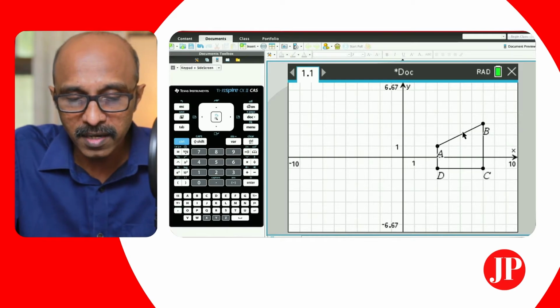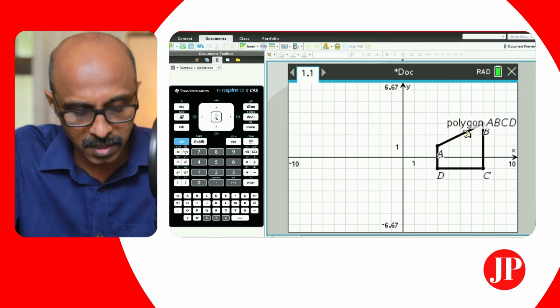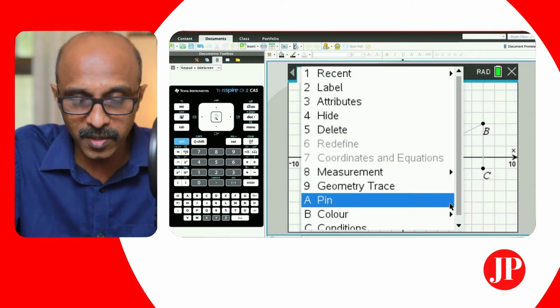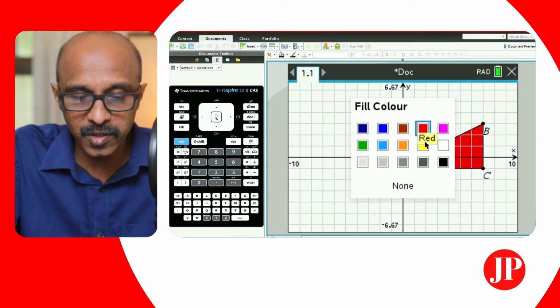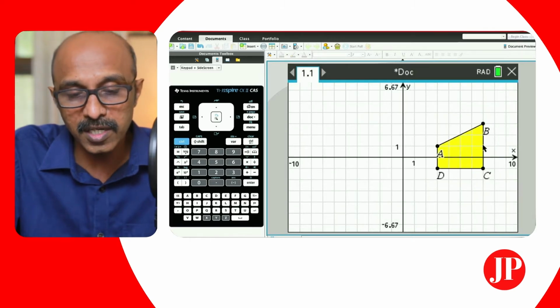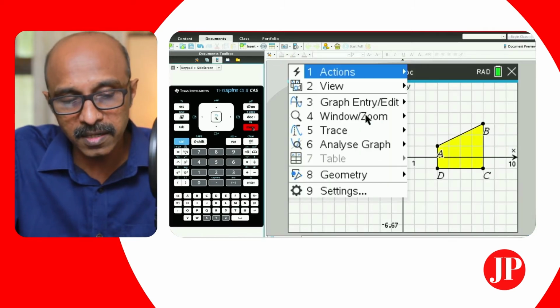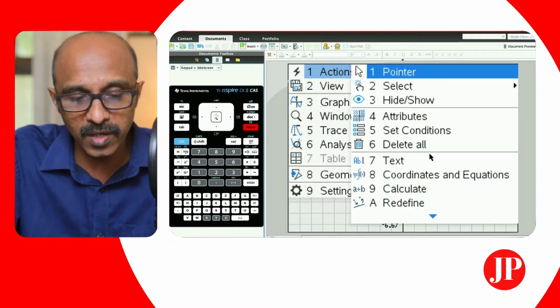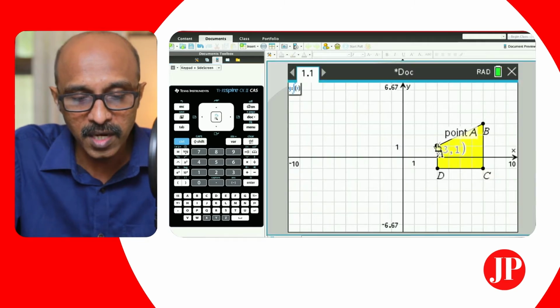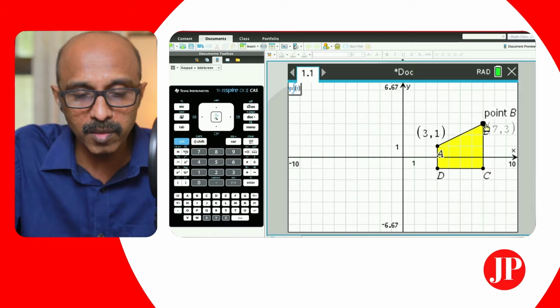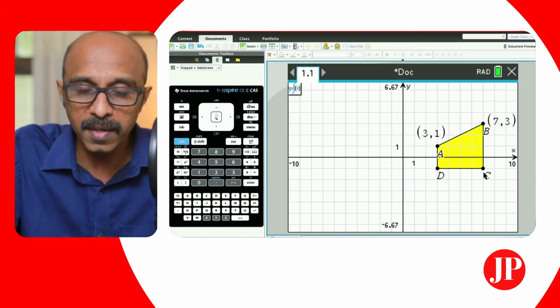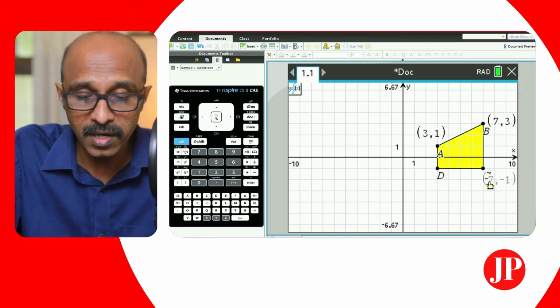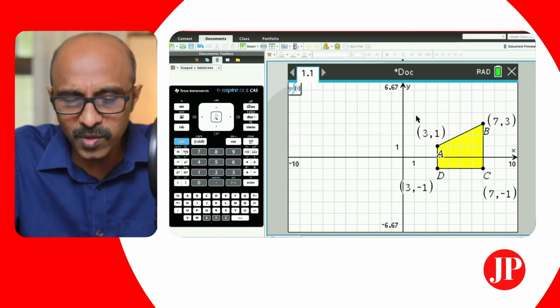Once your polygon is ready, if you want, you can change the color. I always like nice bright colors, so if yellow represents the object, the next thing we need is the coordinates of the vertices. We've already seen how to get all these things when we talked about reflection in part 1. If you haven't already seen that video, the link is in the description box below. Please go and take a look at how we can generate triangles. Today we are looking at polygons and how we can get the coordinates of these points.